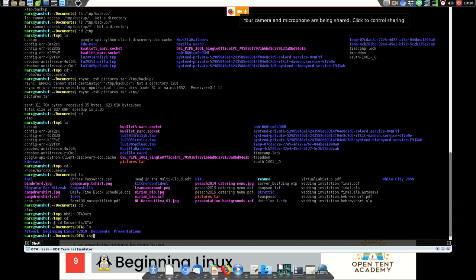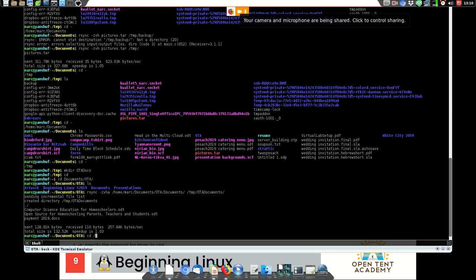Okay, so rsync minus v8, and then we're going to add a, to archive it. And that was the problem that I was having before, but it doesn't matter. Okay, so from my local directory in the documents subdirectory, in the OTA directory, in documents, we're going to send it to OTA documents, and that should actually create the folder OTA documents, right?